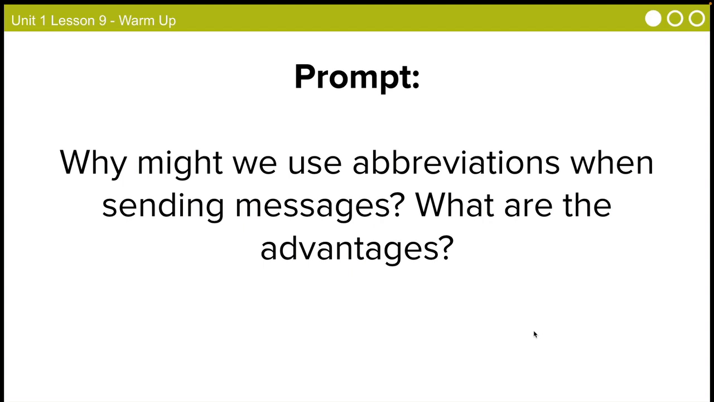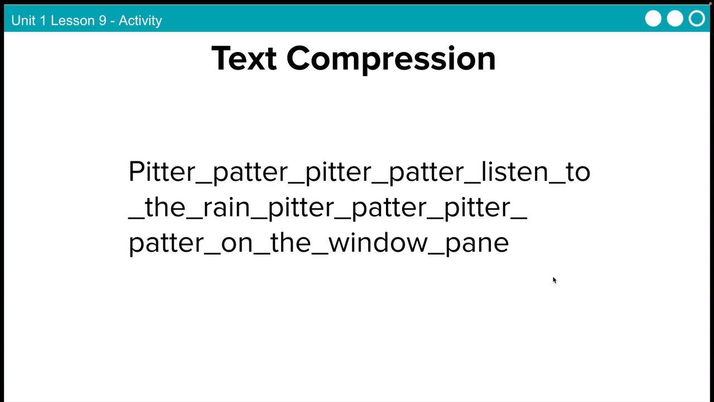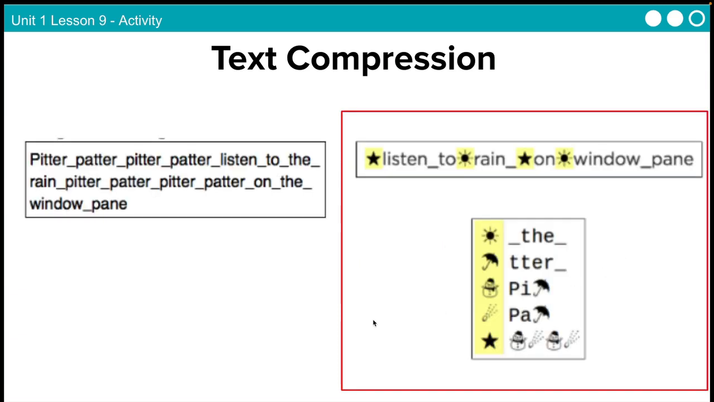Okay, so why do we use these abbreviations? What's the advantage? Yeah, it's just faster, right? Save time, save thumb clicks. Okay, so there's probably a way for us to abbreviate some of this so that we have fewer characters. Okay. And we don't want to lose any data, so we'll just